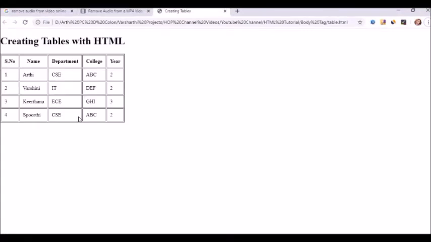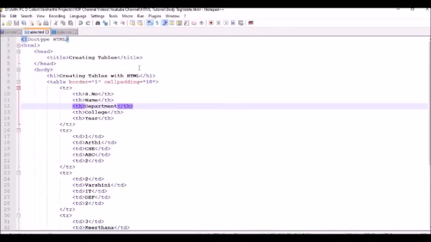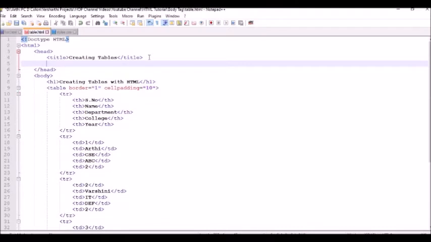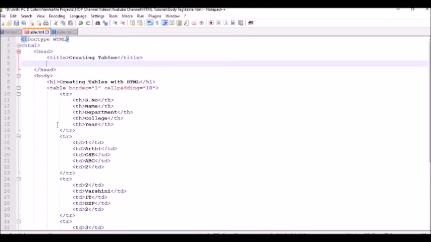Yes, we have defined external CSS, so we have defined properties for our tag. However, we failed to include that in your HTML file. This is similar to adding your header file in a C program. In a C program, if you want to use printf and scanf functions, you should use the stdio.h header file. Similarly, we have style.css as a CSS formatting file, and we have some HTML file here. These two files should be linked.